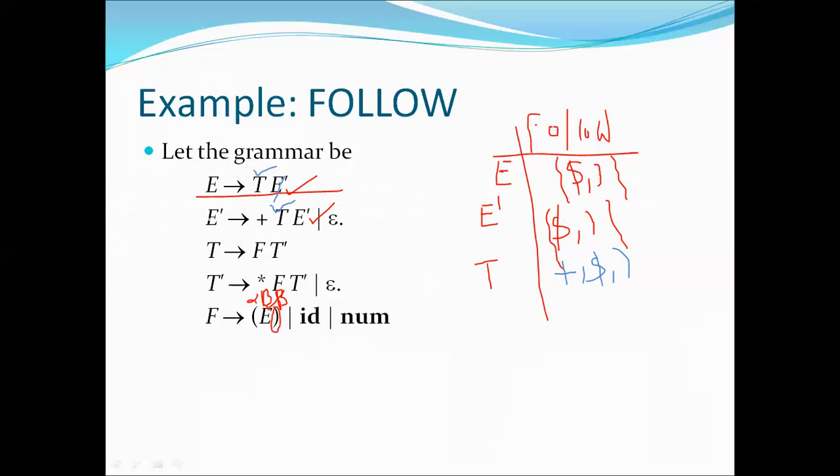Second rule: from the second production, T is following the same E dash. We have already included the first of E dash, and by vanishing the epsilon, T is following nothing, so include the follow of E dash. The follow of E dash is also the same, dollar and closing bracket. So here we have already included it.